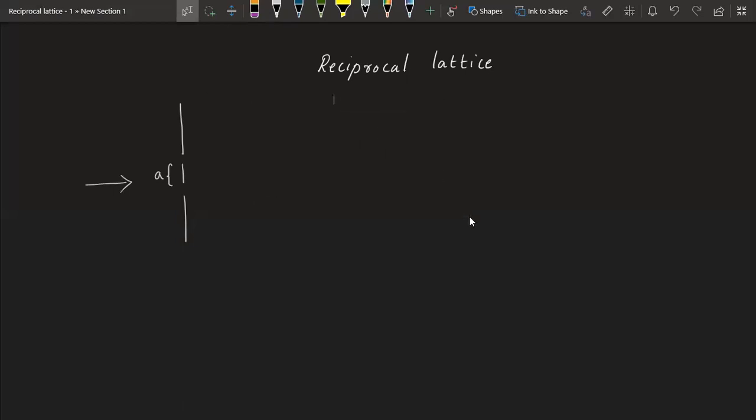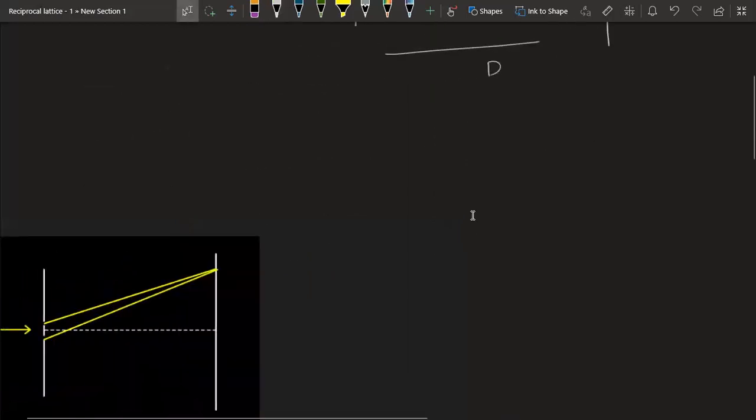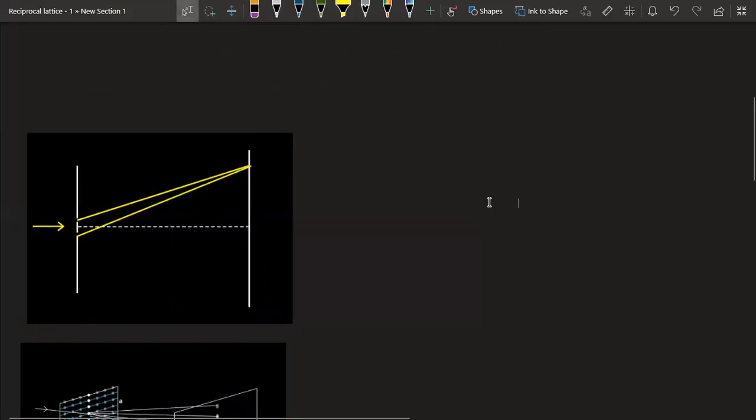What methods are there? There is a simple one. You put another screen over here and shine some light. What will happen? Interference, isn't it? The first bright spot will occur here, and some other bright spot will occur here at a distance x. Using this you can measure the distance. There is a relationship connecting a and x, so if you measure x, you can back-calculate the value of a. I'll explain it a little more.